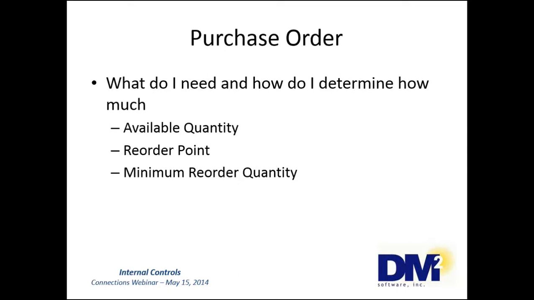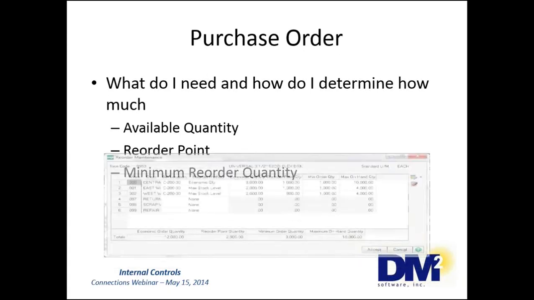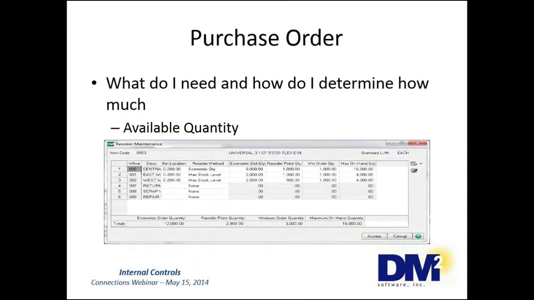There are 3 maintenance fields to calculate reorder information. The available quantity, meaning what you have in your inventory, the reorder points that are set up based upon your knowledge of when you need to get orders made to receive that product in a timely manner, as well as the minimum reorder quantity. If you don't have hard data that helps you know what those reorder points and quantities should be, there are analysis tools that Patty has mentioned earlier that can help you obtain the information needed to effectively use this tool. If you need help with those analysis tools, you can contact our professional services group, and one of us would be happy to assist you with that type of analysis.